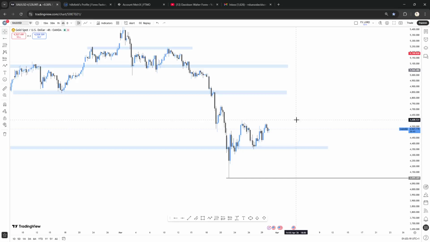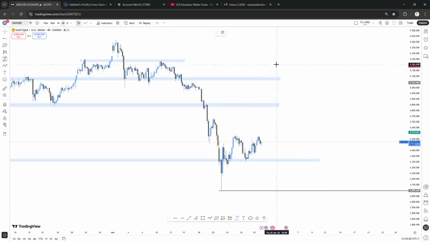So you need to scale down to the 4-hour time frame, to the 1 hour, and then to the 30 minutes. I love to write my things out. So let me do something like this. Higher time frame. Your higher time frame is going to be, number one, the daily, which is the 1 day. Next is the 4 hour, and the last one is the 1 hour. This is for your higher time frame.